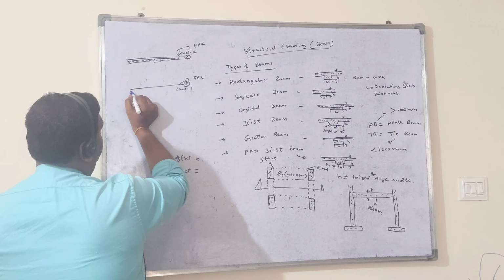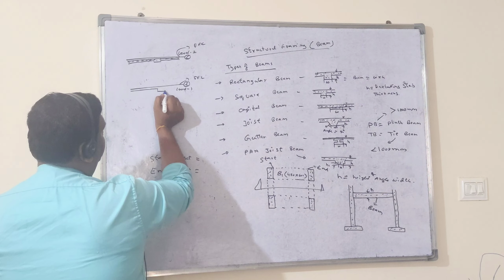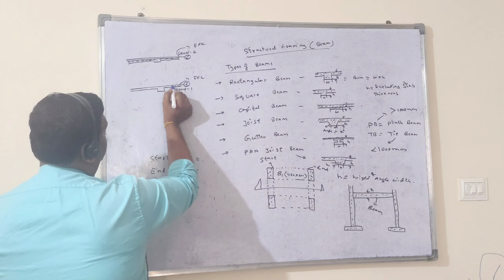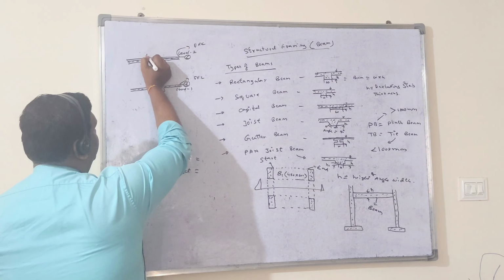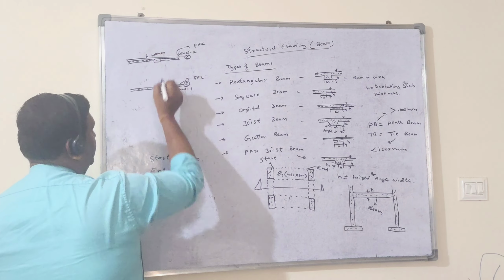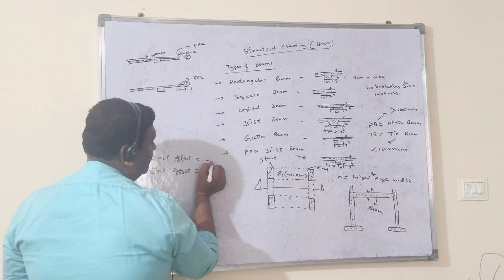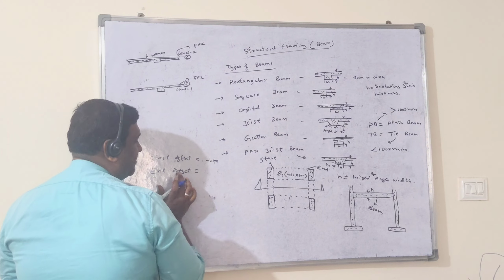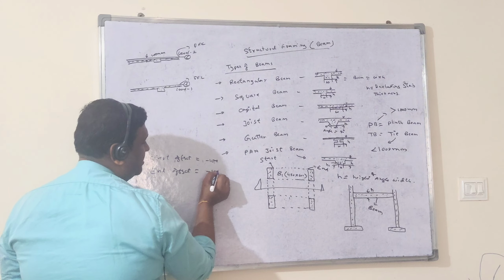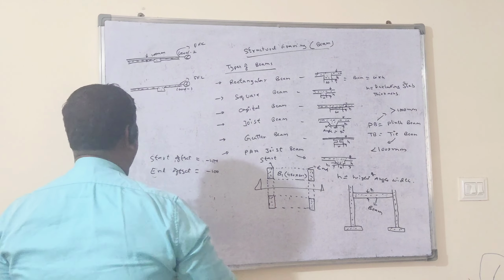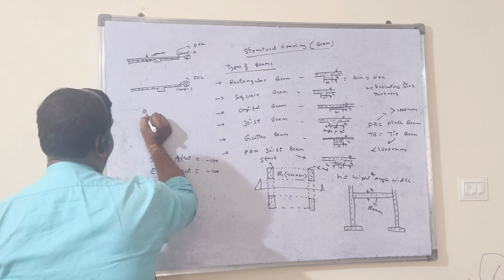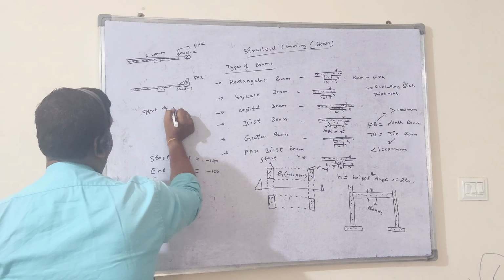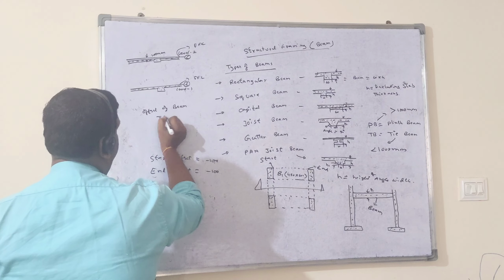Here also your floor may become like that, and in between your beam may become like that. So whatever the thickness of the FFL, if you are taking some 100 mm, here the start offset you have to minus 100 mm, because always you remember your beam offset should be always FFL subtraction. So just remember this as a formula: offset of beam equals,